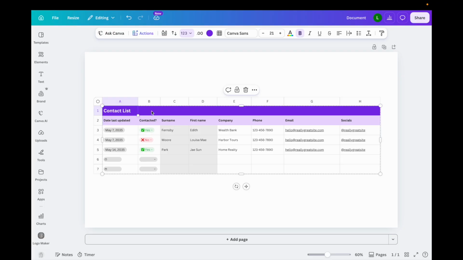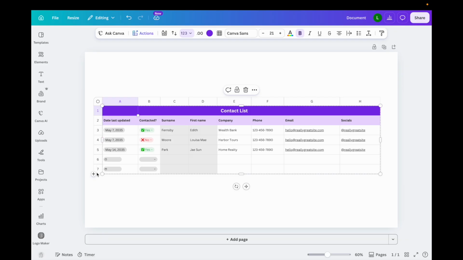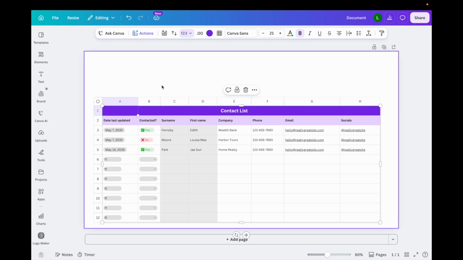If you wanted to change where that's located, you can always go ahead here and maybe I want to center it just like that. So I can copy this, paste it here, delete that. You can format it that way. If you want to add more columns or more rows, just tap on it as well. Right down at the bottom here where there's the plus icon, you can increase some more